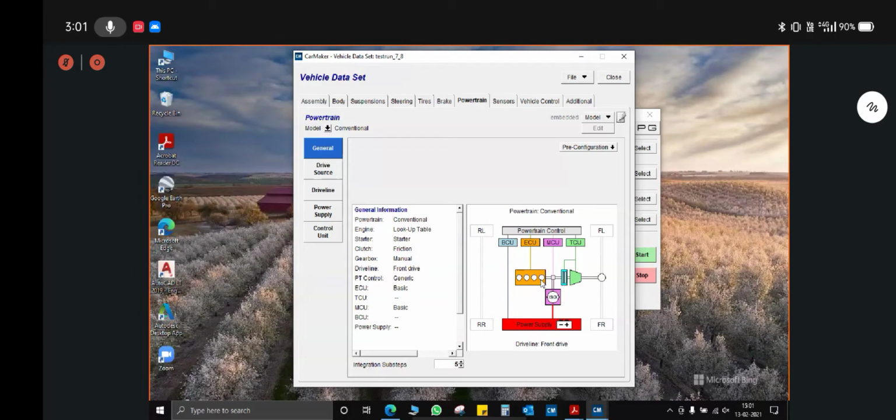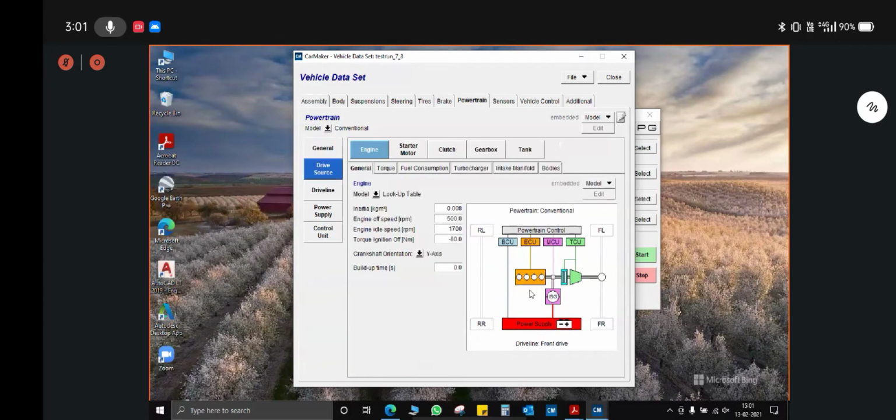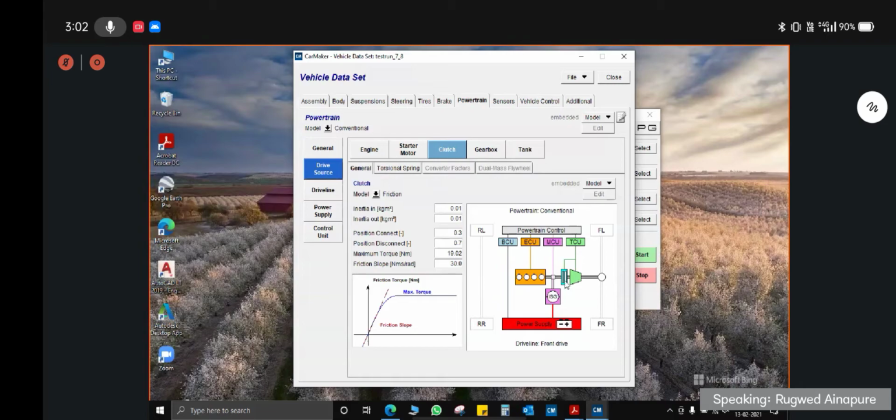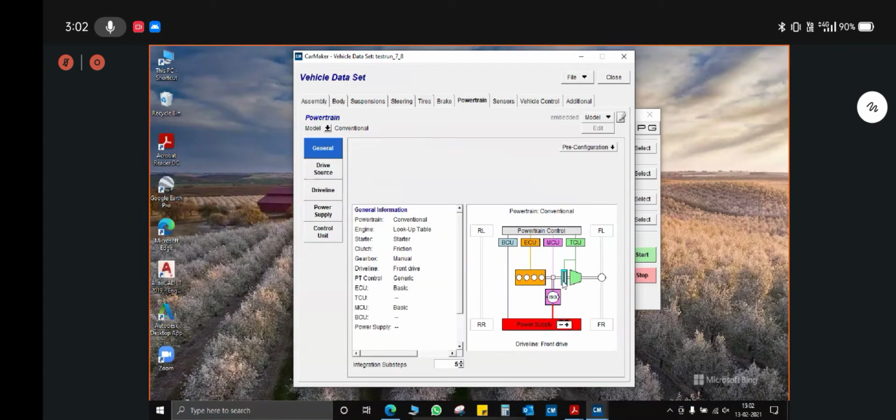For example, if you want to jump to your engine, you can click here and the engine tab will appear. If you have to go towards your gearbox, you can just select this green part. To go towards the clutch, you can select this.